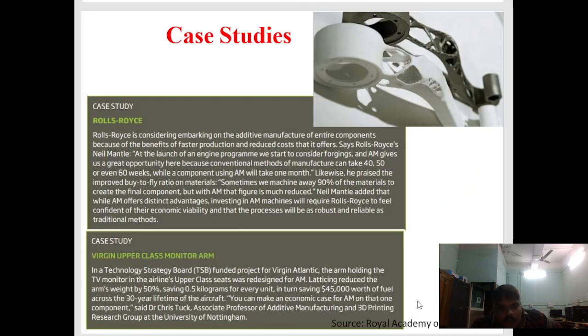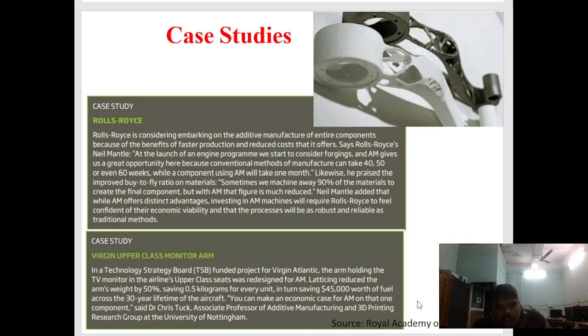Case study: Rolls-Royce. Rolls-Royce is considering embarking on the additive manufacture of entire components because of the benefits of faster production and reduced costs that it offers, says Rolls-Royce's Neil Mantel. At the launch of an engine program, we start to consider forging, and AM gives us a great opportunity here